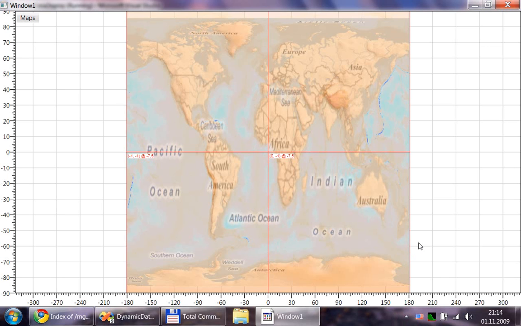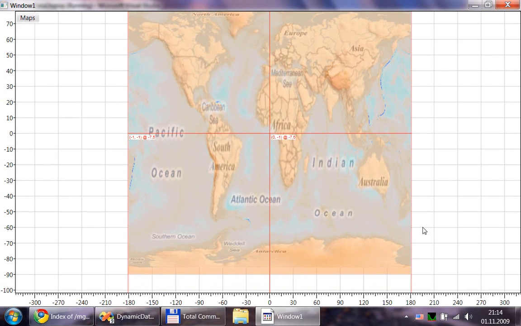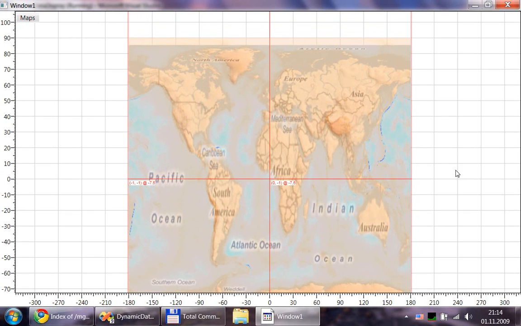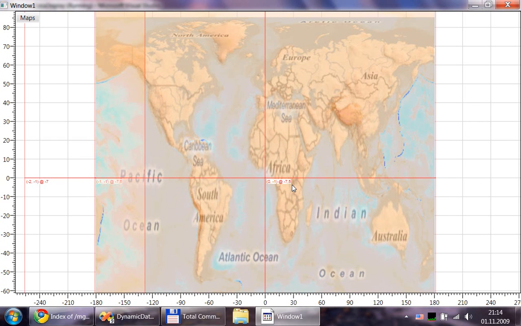This color map is being rendered into bitmaps, and then these bitmaps are sent to the simple Dynamic Data Display map, which stores these tiles into a special directory on the disk, and also keeps them in a memory cache, and so we can navigate